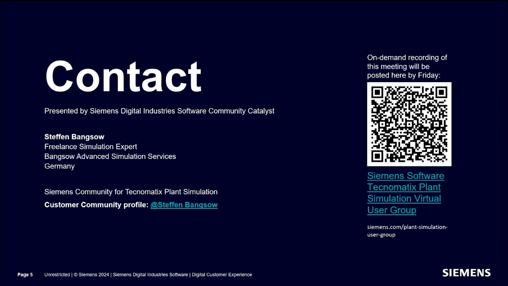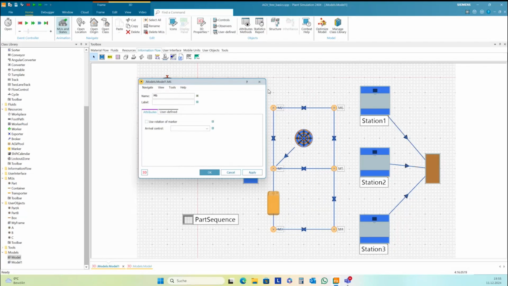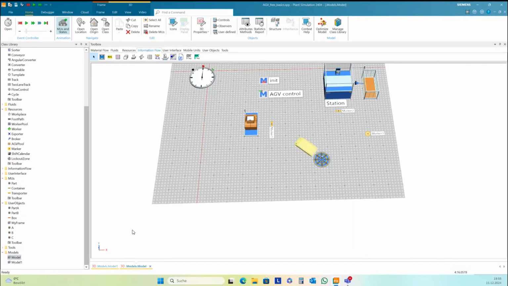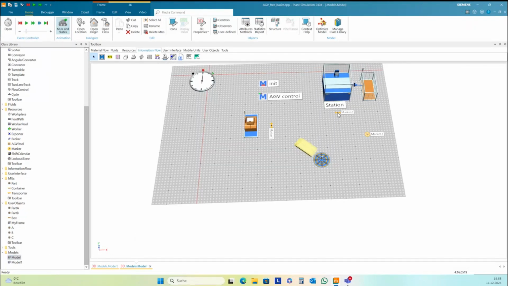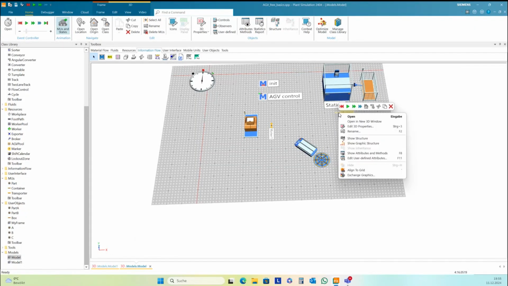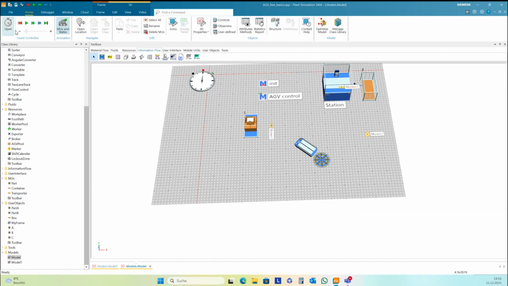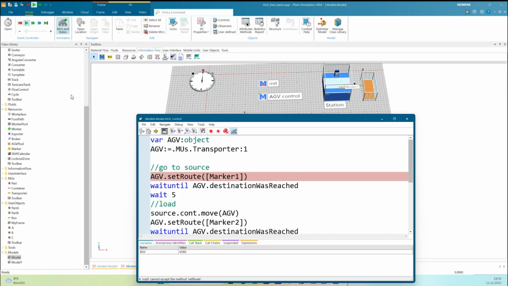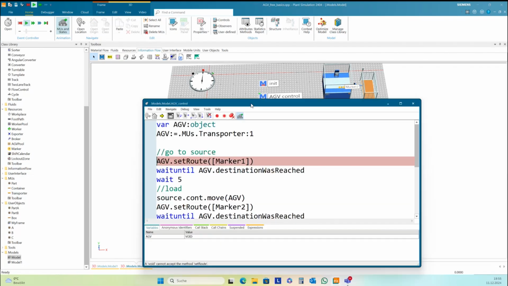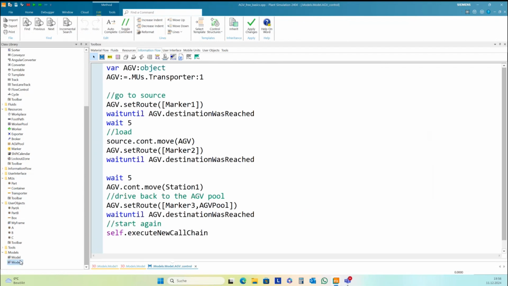One moment. Yes, so I take the model, and then I take the marker here. Edit 3D properties. I change the set position to 3. Okay, and then set route, cut 2, marker 1. It's the same problem like this here.